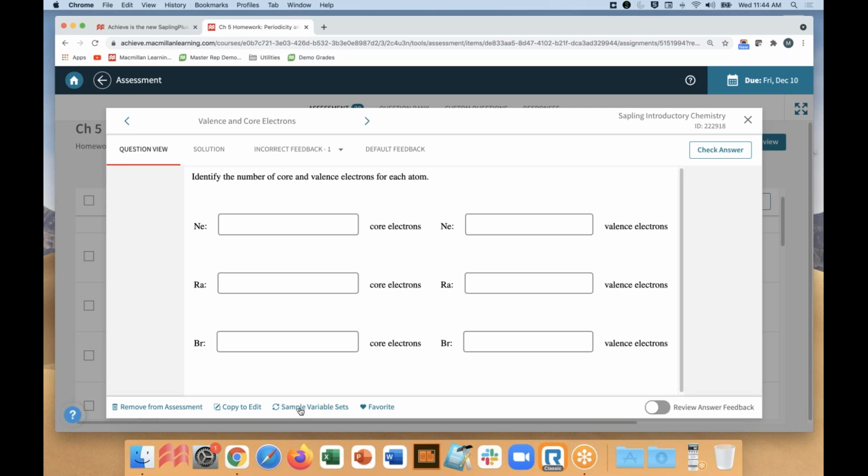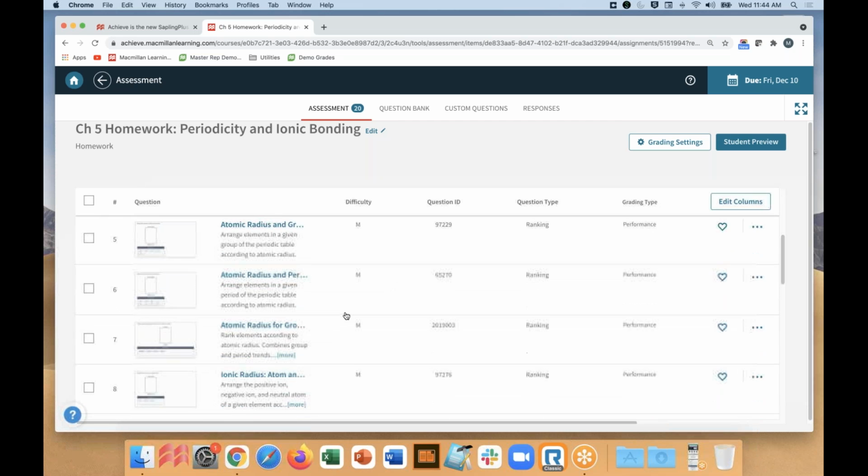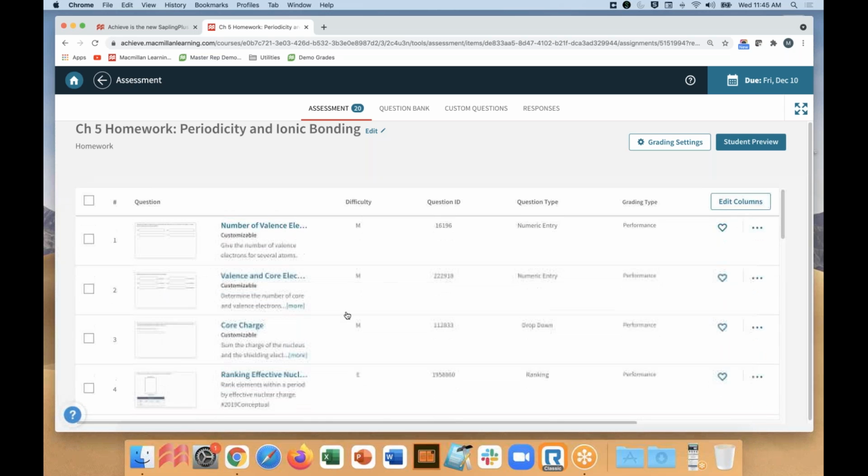And that's fine, everybody will have to calculate pressure, but they'll have different temperatures and volumes and things like that to work with. So, that helps build in that nice amount of randomness. Now, in addition to these questions here, this is the pre-built assignment, you can always remove questions or you can